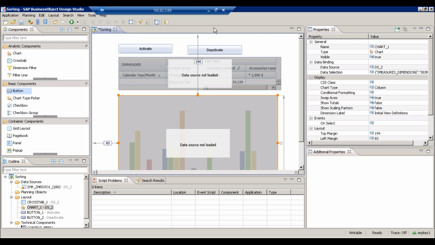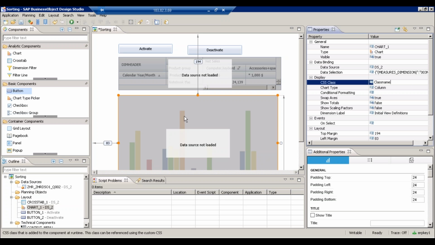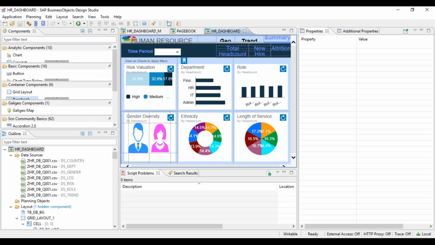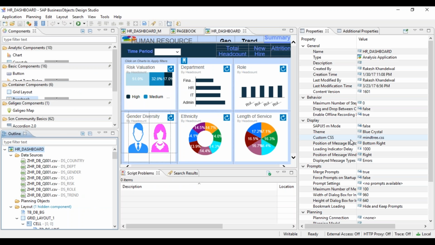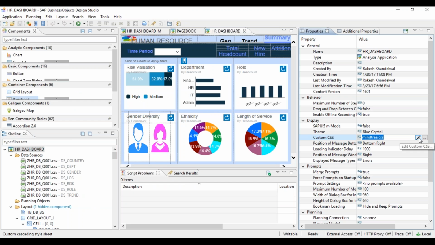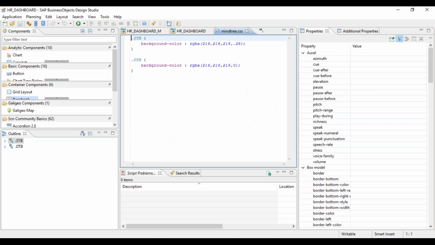Okay. Can't we do directly from the Design Studio screen? I'm still wondering why we are going there in that screen. This is 1.5 actually. The server has 1.5 Design Studio. It is not 1.6. In 1.6 you have the option. In 1.6 if you see, you can directly create and edit the CSS here itself. Okay, so in 1.5 that option is not there.